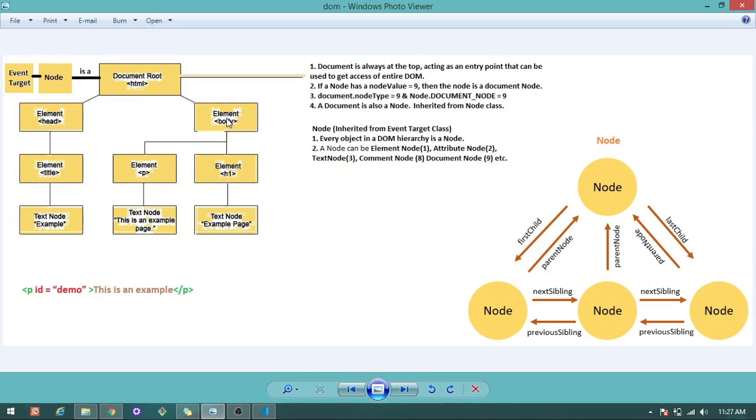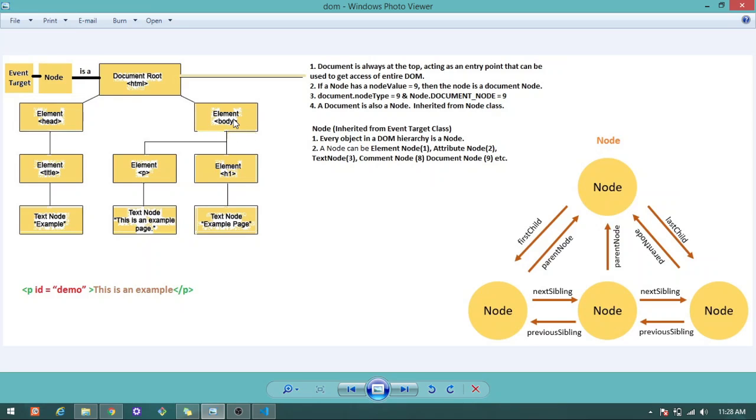The body is the parent of the paragraph element, and the body is the parent of this h1 element. This paragraph and h1 are both siblings, like the normal relations we have in our family.